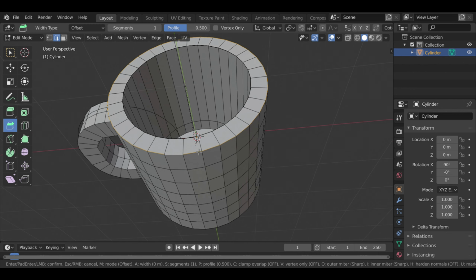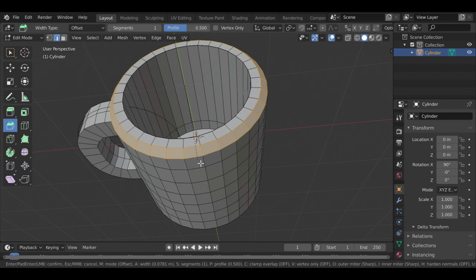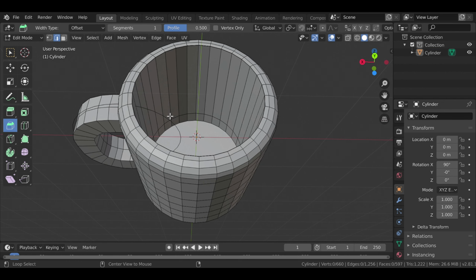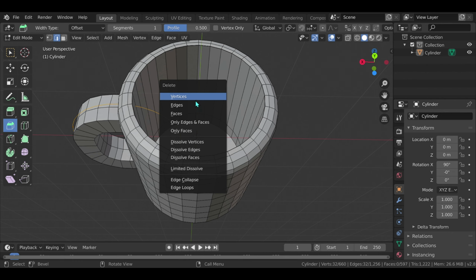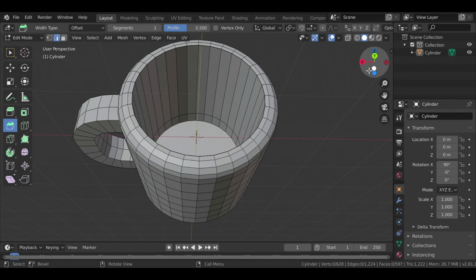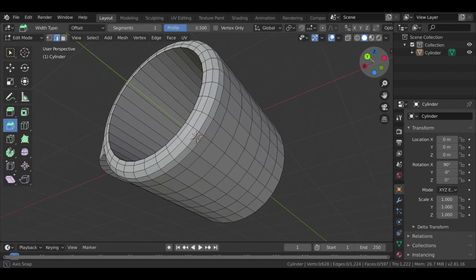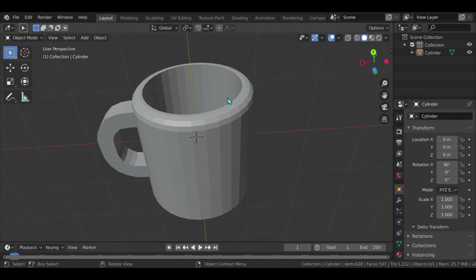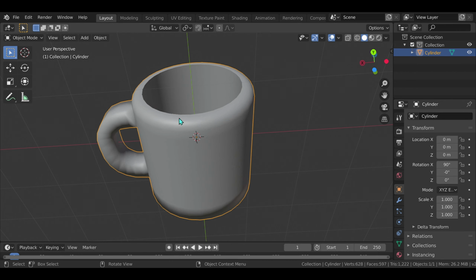Press Ctrl B and then adjust the rim of the mug. In that process, we can scroll our mouse button 2 or 3 times in order to smoothen out the rim of our coffee mug. As we got our desired shape, it is now time for us to remove our reference circle. We do that by pressing down Alt and clicking on the reference circle and then pressing X to delete that circular edge. Next step is we press the Tab button.